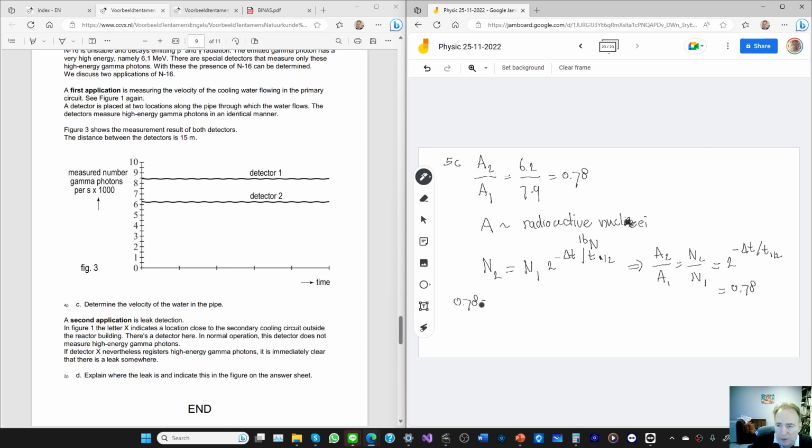So 0.78 equals 2 to the power minus delta T over T 1/2. Well, we just take the logarithm on both sides, and we get log 0.78 equals